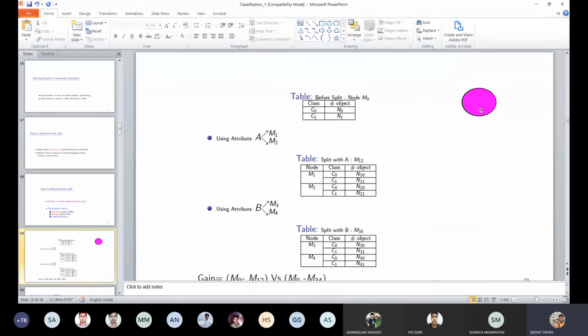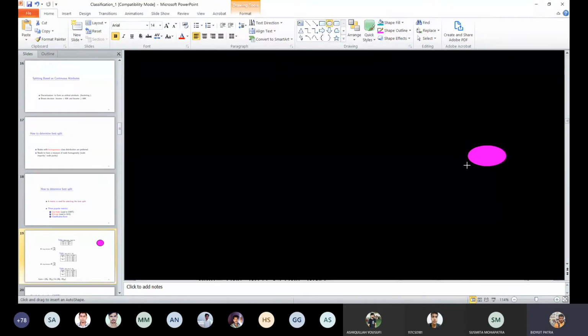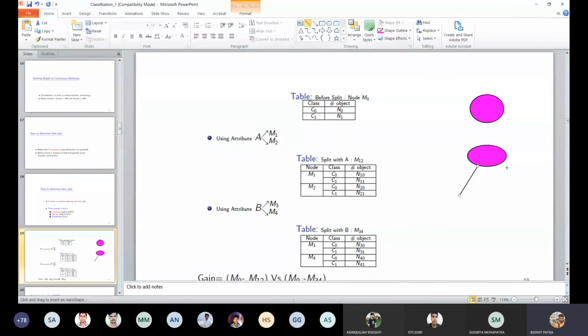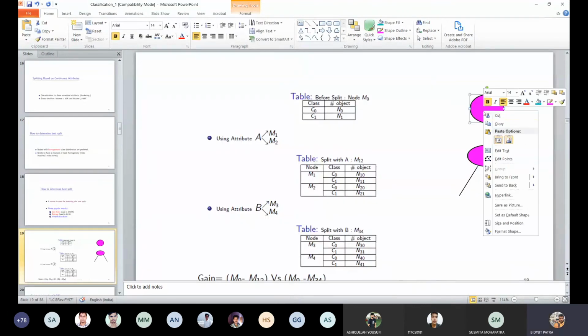Suppose this is the node here, and then we apply attribute A, and we get the split like this. This is the original node, and then we got one split here, and another split here.